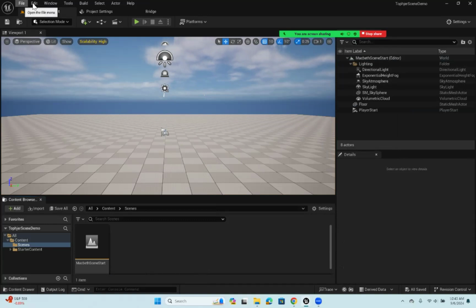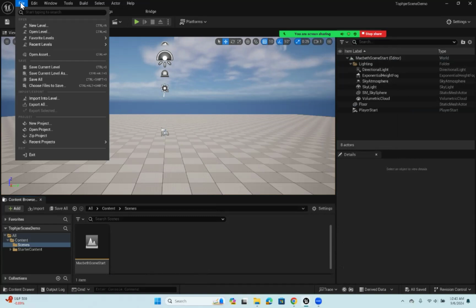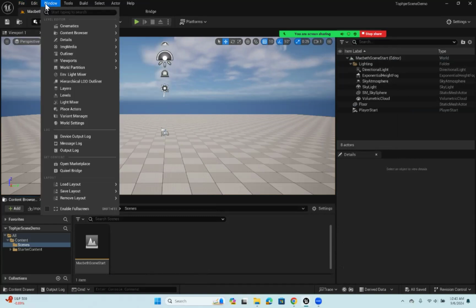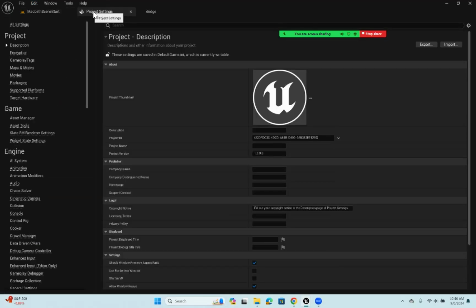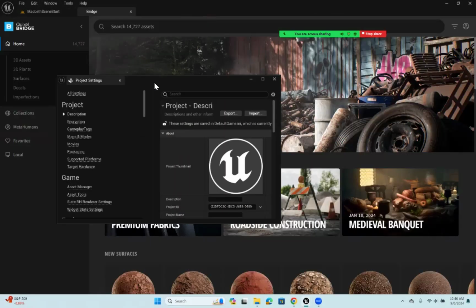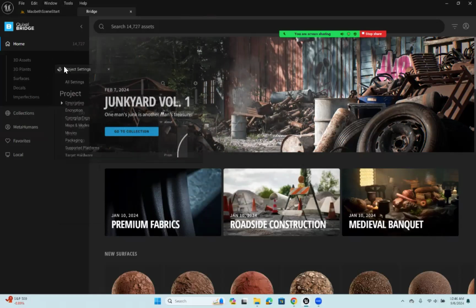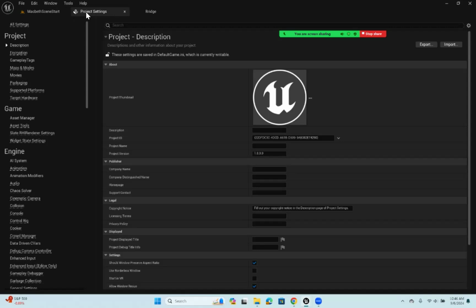So there's something called project settings, which you can see I've got docked at the top here. And normally, when you come in and go to edit project settings, it's not going to be docked up here the way mine is. It's going to be floating. If I grab this and pull it out, it'll open like a floating window like this. But I'd like to have my project settings docked all the time. So I would click that name with your left mouse button and drag it up and dock it on the top of your window,